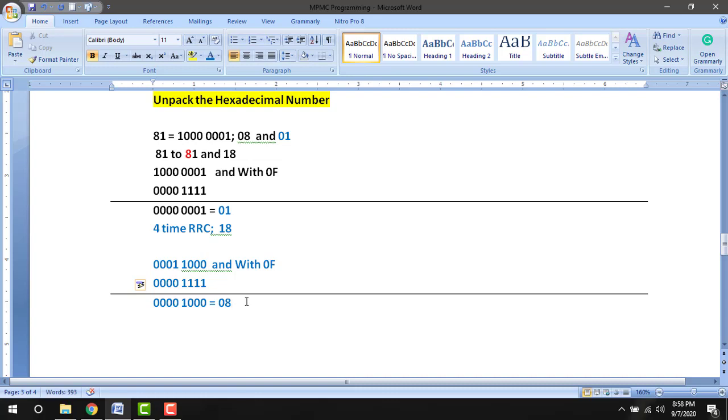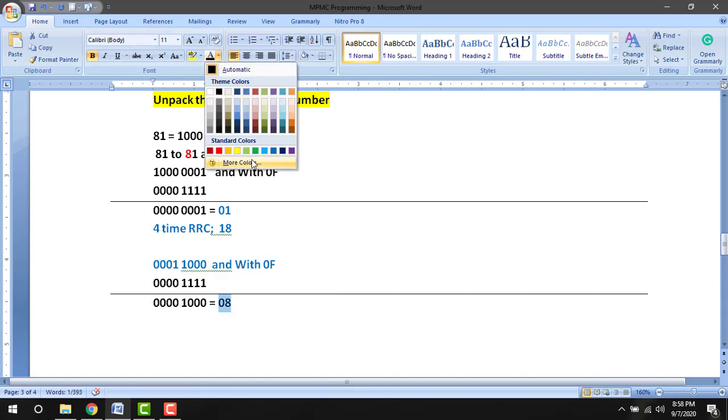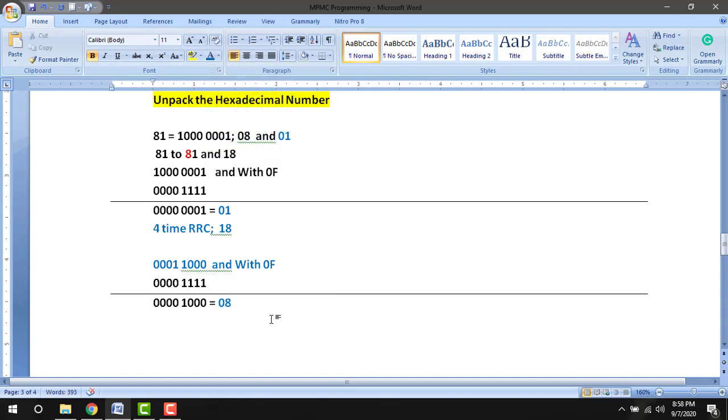So this is the way we are going to unpack the number. The first answer 01 is here, and the second answer 08 is here. So this is the logic.